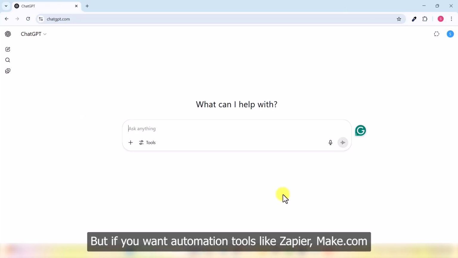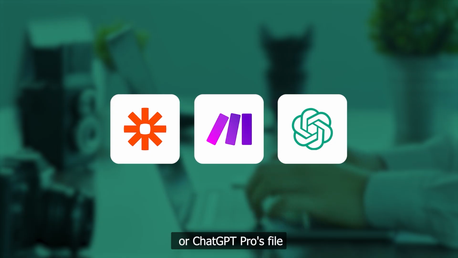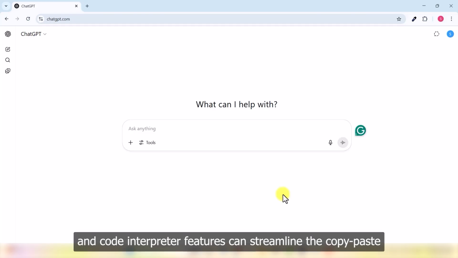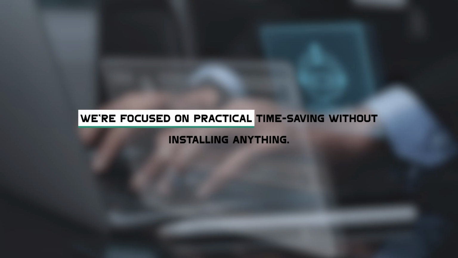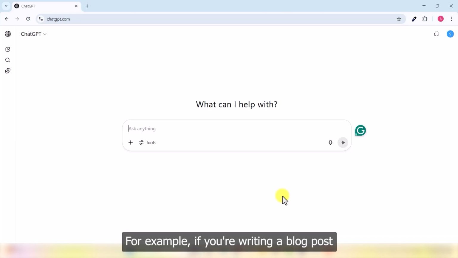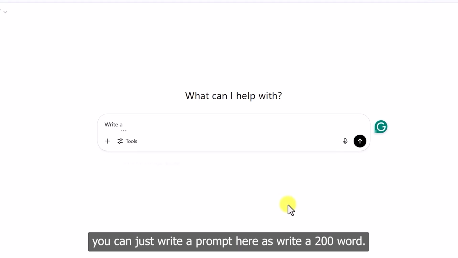But if you want automation, tools like Zapier, Make.com, or ChatGPT Pro's files and code interpreter features can streamline the copy-paste even further. For now, we are focused on practical time saving without installing anything. For example, if you're writing a blog post and you just want to save it in Google Docs, for that you can just write a prompt in here as, write a 200-word